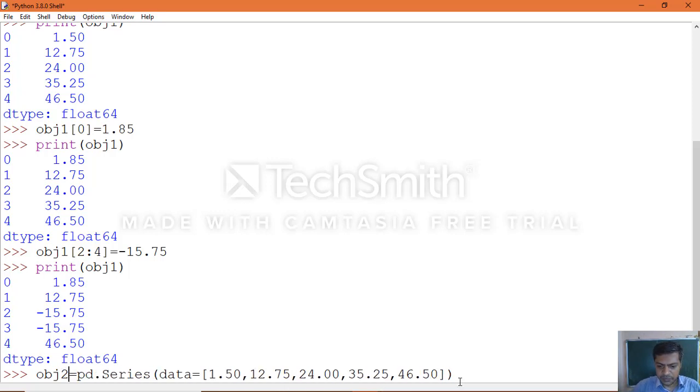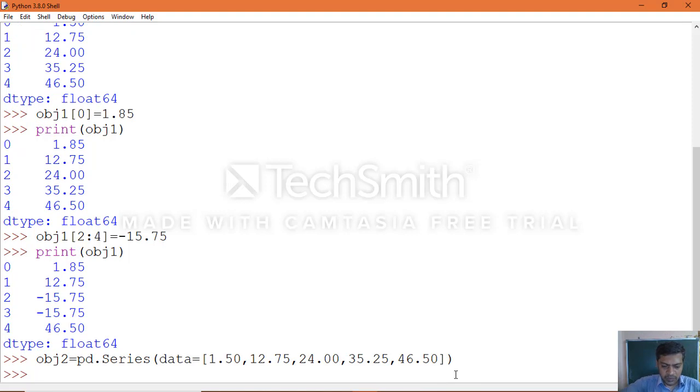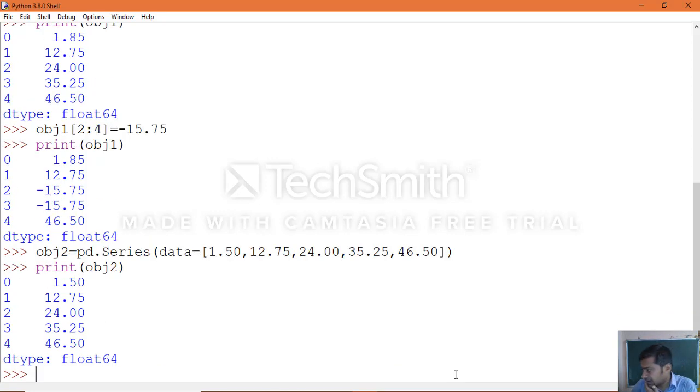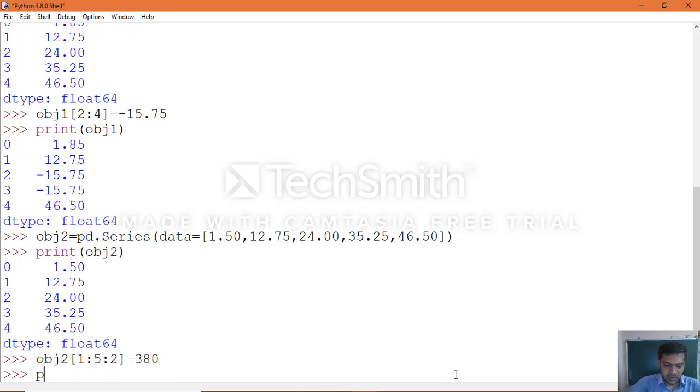Now print the object obj2. Now again apply the slices which you want to apply for that particular object. Yes, you can apply start 1, stop 5, and step 2, equal to 380. Execute and print the object obj2.